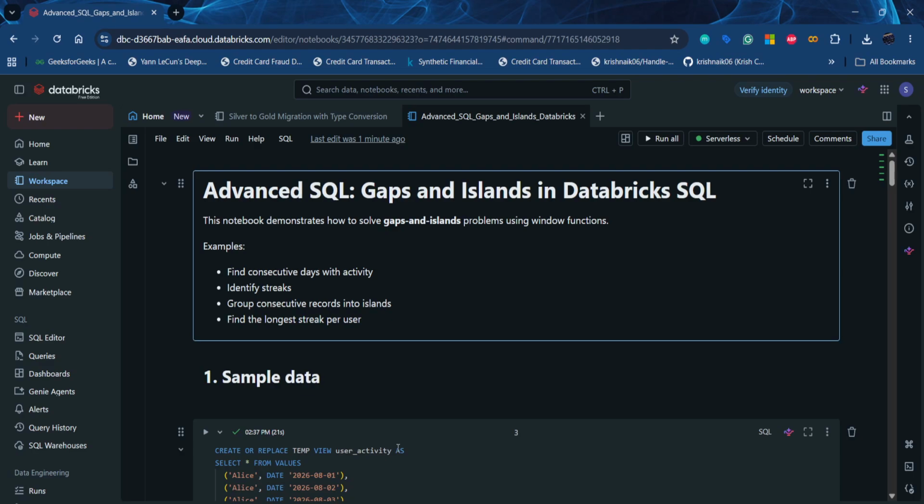Have you ever received a SQL interview question asking you to find consecutive login days, longest customer streak, or periods where the server was down? If yes, then you might have been trying to solve the problem in different ways, but there is a pattern in it. And as you can see here in the notebook, the pattern is called gaps